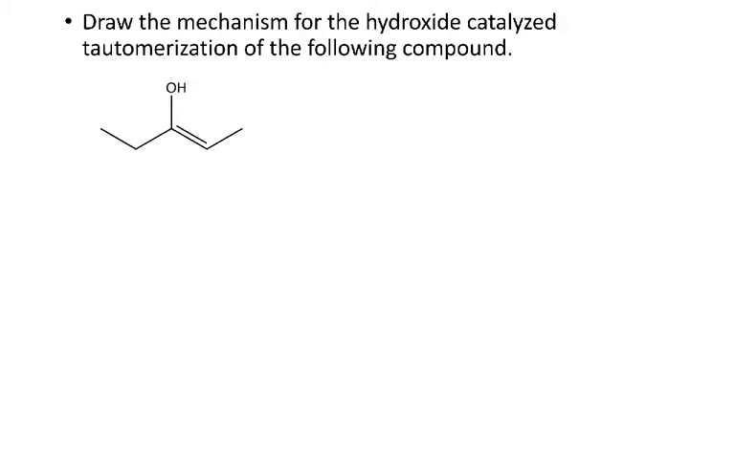Okay, one last example. In this case, we're going to draw the mechanism for the hydroxide catalyzed tautomerization of this enol. And I said in the earlier videos when we talked about hydration, I want you to be able to draw. In this case, we're using hydroxide, so this is the base catalyzed tautomerization. You also want to be sure that you can do the acid catalyzed tautomerization. So in the base catalyzed tautomerization,